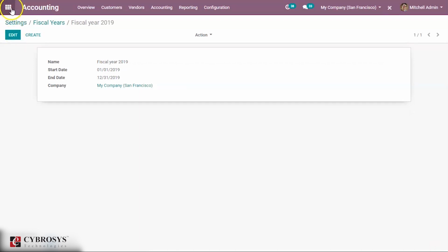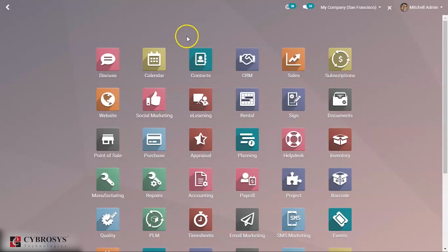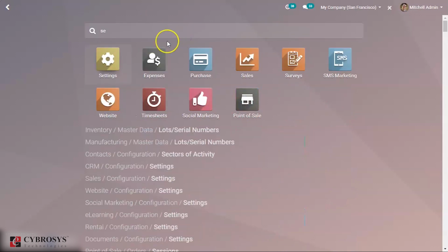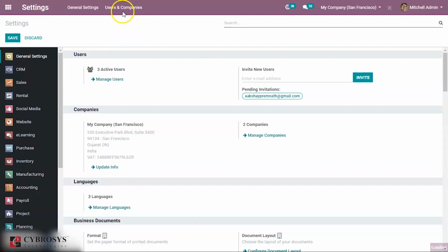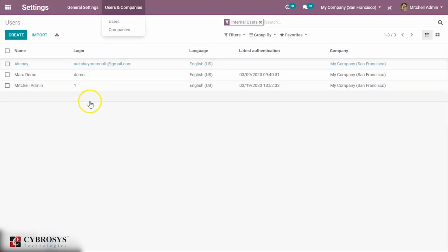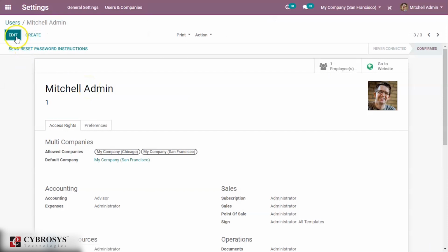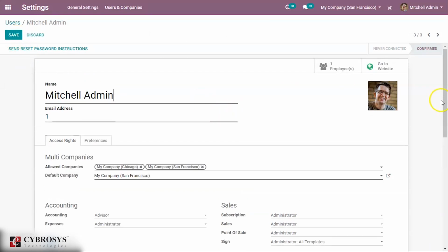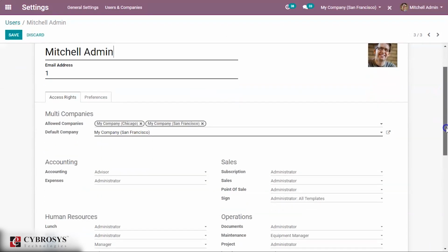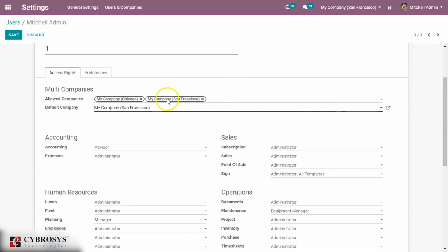And now let's go to the overview of our apps. From there, go to settings. Under settings, select users from users and companies. Here you can see the user Michelle admin. You can select this user, click the edit option, and when you come down you can see an option under accounting.